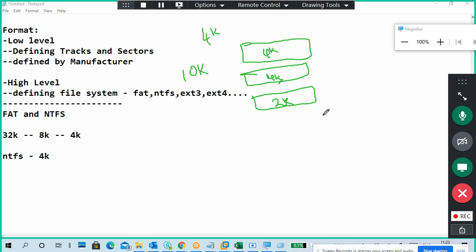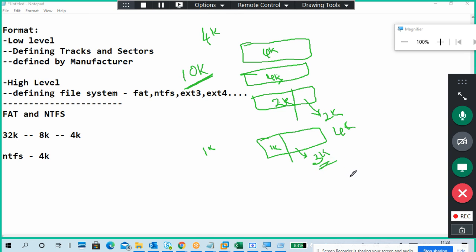My file size is 10K: 4K, 4K, 2K. How much wastage? 2K, sir. And take the earlier example: I have 1K data in a 4K block. 1K allocated. How much wastage? 3K. Wastage reduced, right?